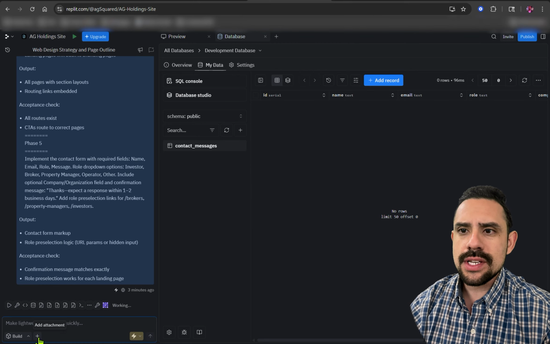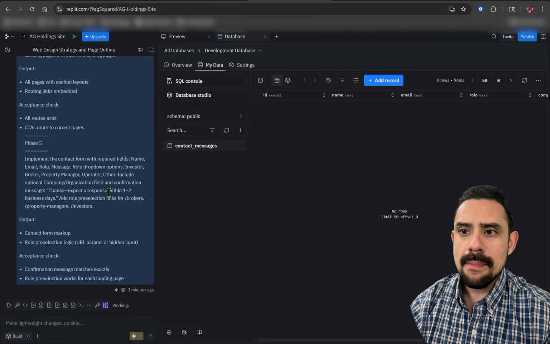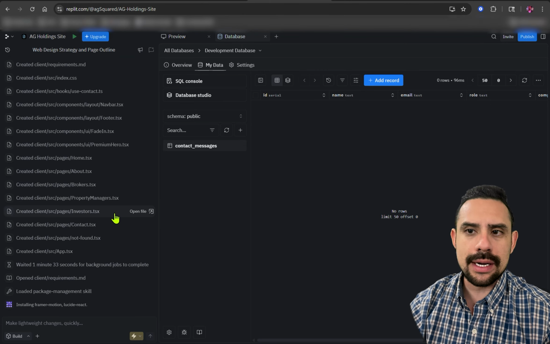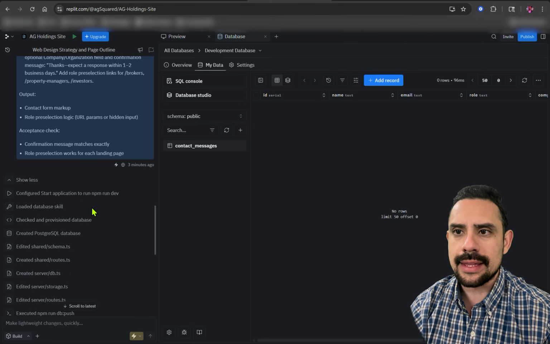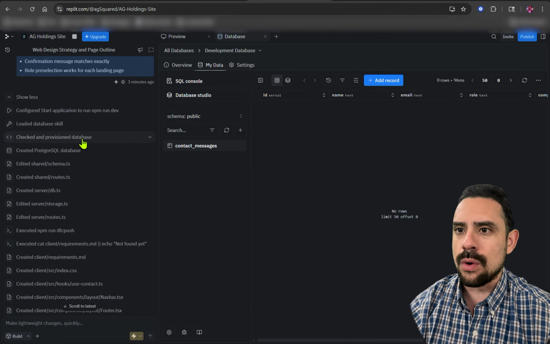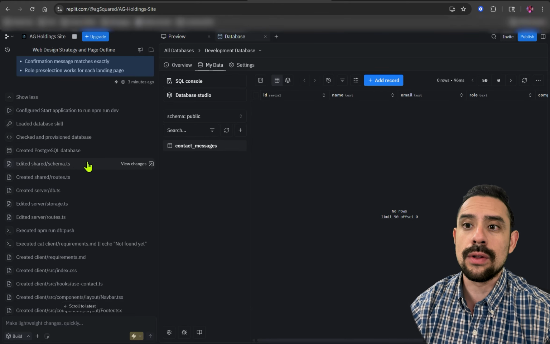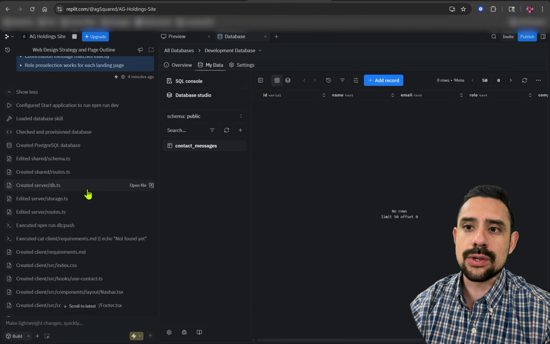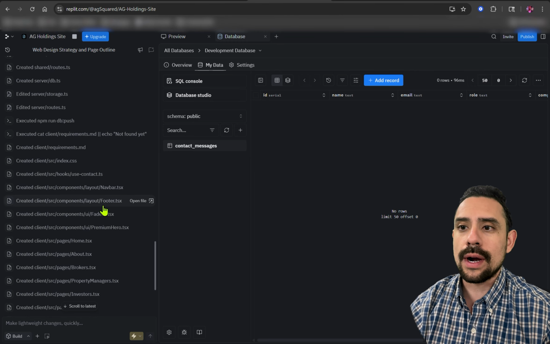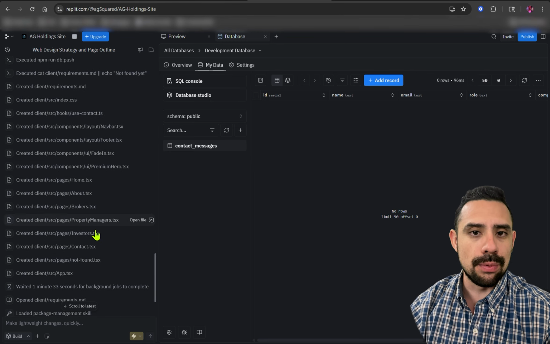Okay, we can now see here on the left, it's still working, but let me go ahead and click the area. And you can see here the breadcrumbs of every single thing that the AI has done. If you're not technical, this is probably going to feel overwhelming and don't worry too much about it. But if you are technical, this is great because it's going to allow you the ability to click on any file that the AI created and or edit it along the way and be able to bring it up and